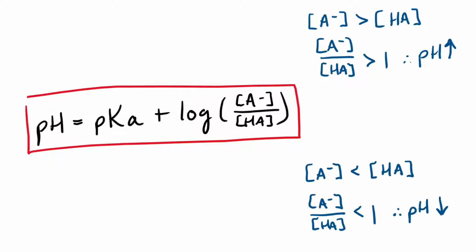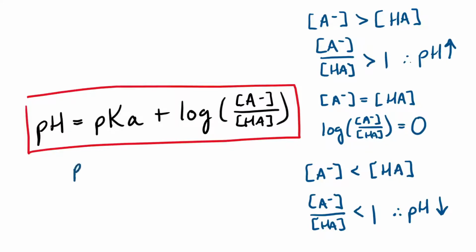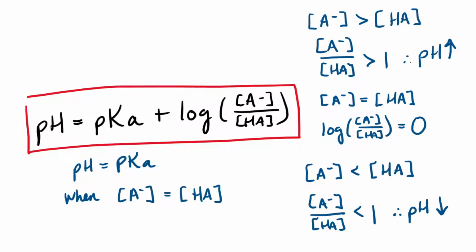But look what happens when there's an equal amount of both ions in the conjugate pair. The concentration of the base is equal to the concentration of acid, so the quotient is 1, and log of 1 equals 0, so pH is equal to the pKa. This is a good reference point to use when deciding whether or not to use the Henderson-Hasselbalch in any given